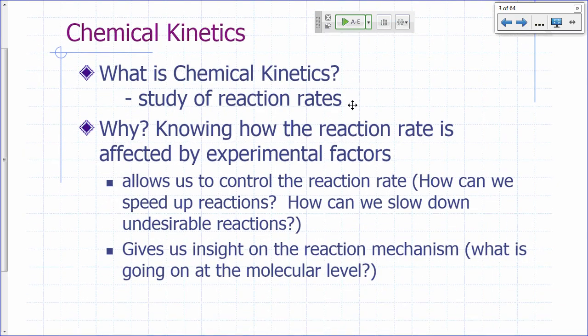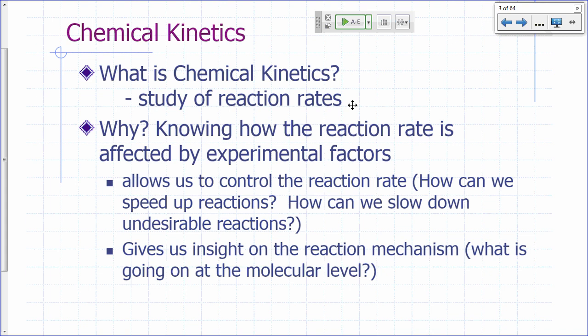So what is chemical kinetics? Like I said, it's a study of reaction rates, how fast reactions go, okay? So why are we interested in chemical kinetics? Because if you know how a reaction rate is affected by experimental factors, then that will give you information to allow you to control how fast a reaction goes, okay? Sometimes you might want a reaction to go faster, you want to slow it down. For example, you might have some undesirable reactions that you want to slow down. Those kinds of things you'll be able to control if you know how the reaction rate is affected by the